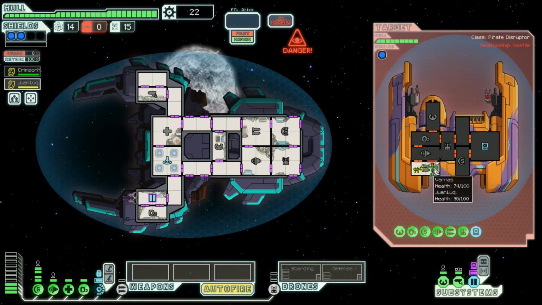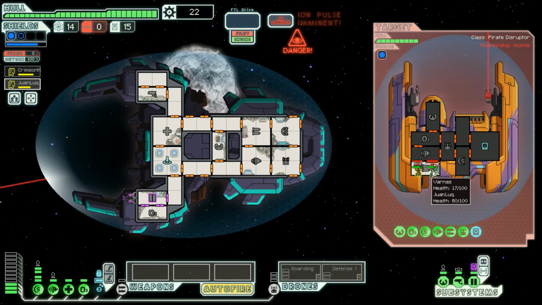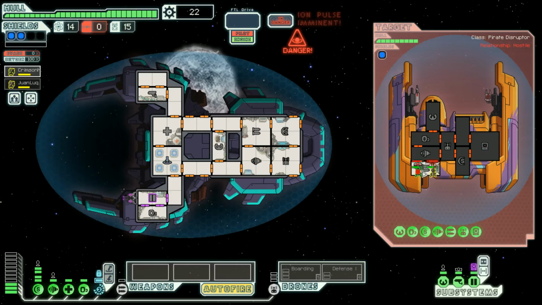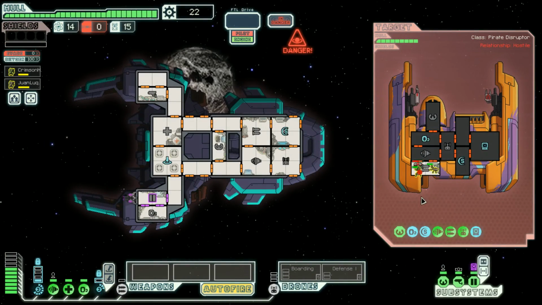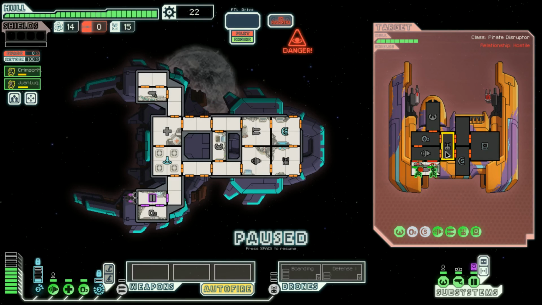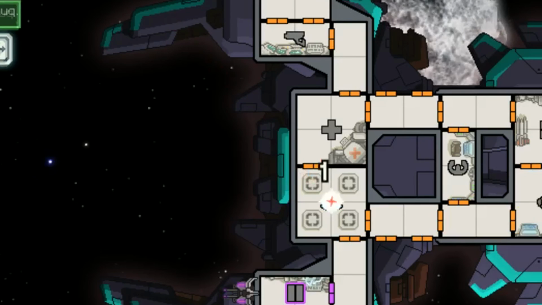And kill this guy. Now, they don't have a medical bay. But they do have an anti-personnel drone, which is going to be really, really dangerous. They're firing, they can't get through our shields for now. The EMP's gone off and our shields are down. Oh, crap. Now, I'm not going to be able to kill them on this teleport. In fact...